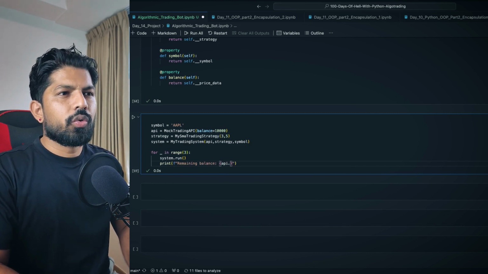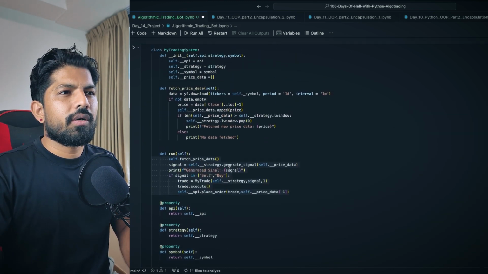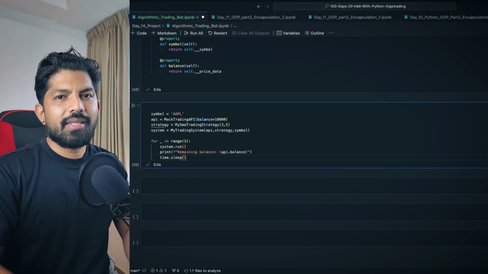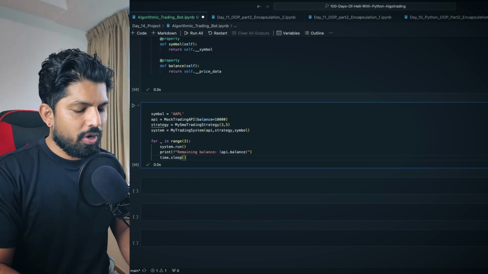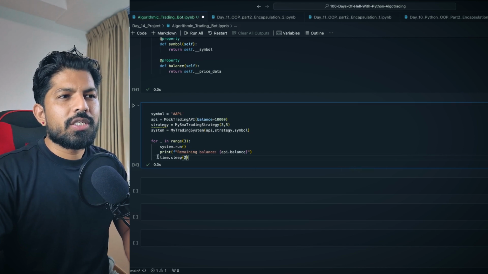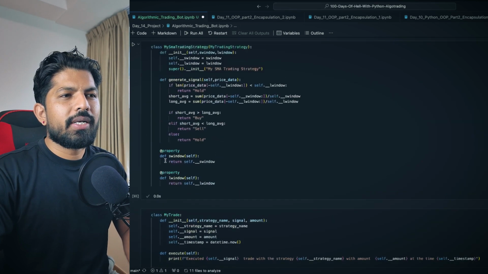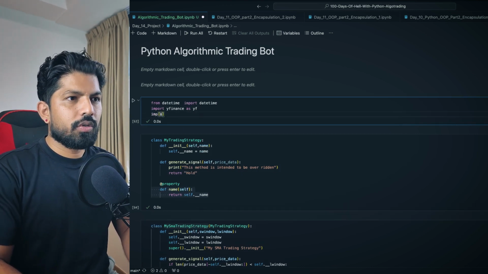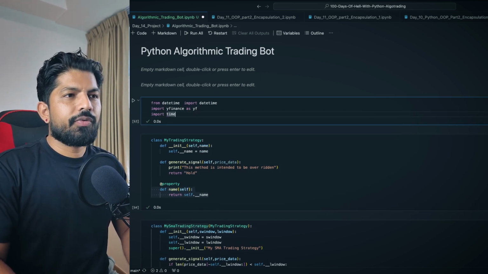So you can go there, and now we can also give time dot sleep, like how much time it will wait before we run this function again. For now I'm just giving 2 seconds, right? For this I also need to import time here. So we'll go here, import time, and hit shift enter.